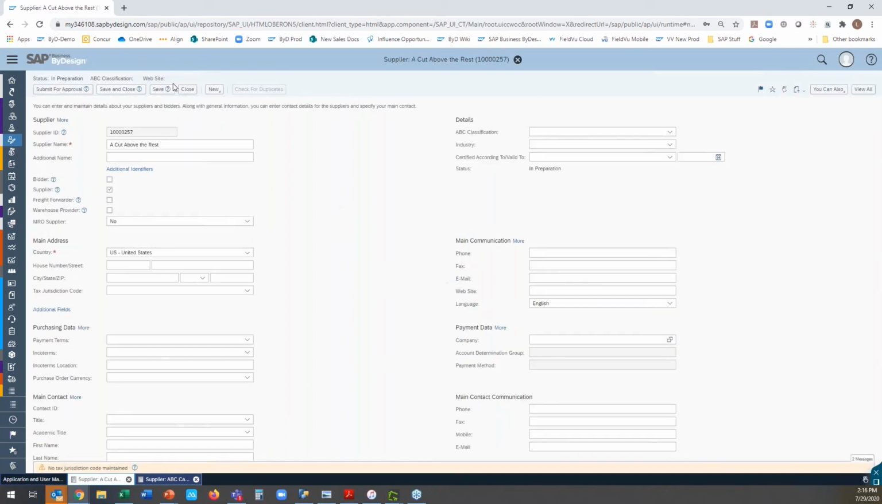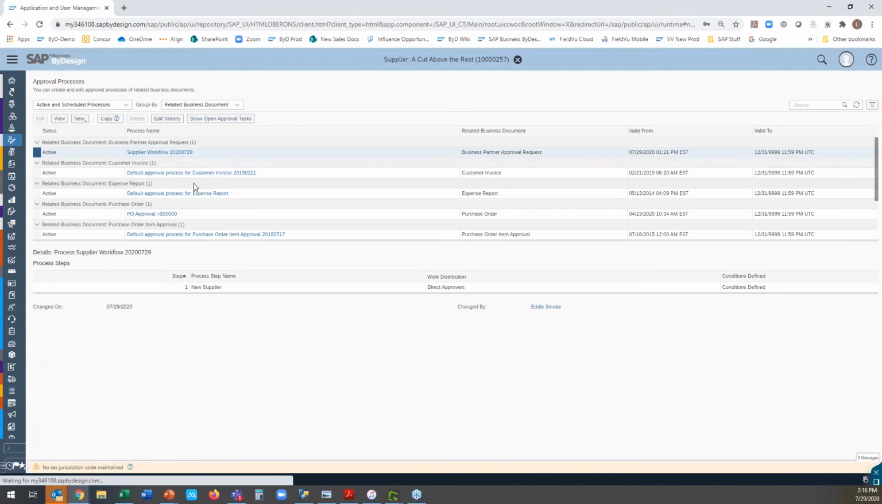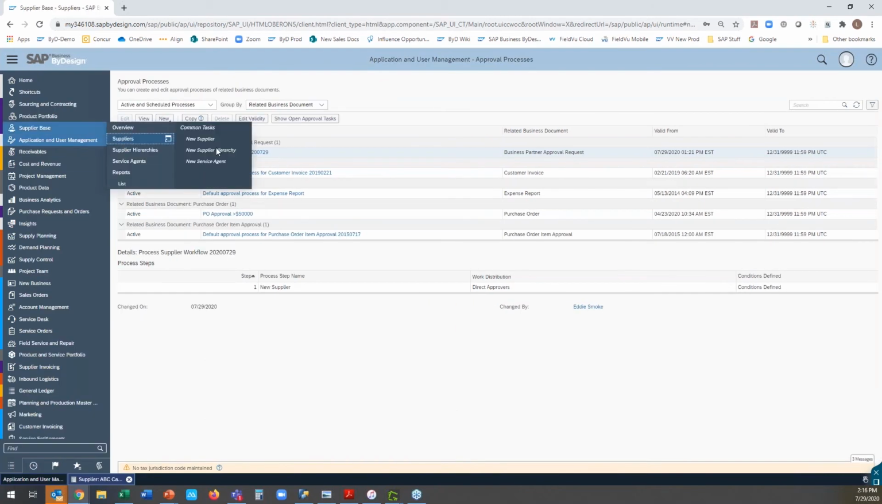So then you'll see, when I create my new supplier, it's going to be set in preparation, and you'll also notice that you don't have that change status button anymore, so you always have to click submit for approval. So once I do that and I submit that for approval and I go back to my work list,